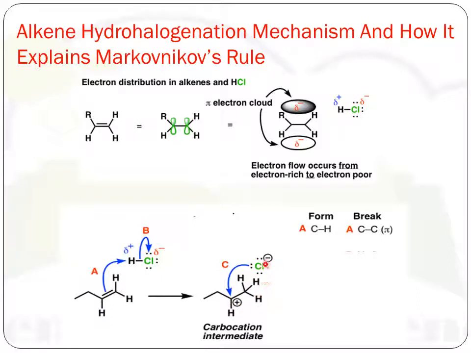Now, what happens in the next step? Here you can see the H-Cl bond breaks and a chloride ion is formed. The negative charge means it has electrons, hence it is electron rich. Again the same thing happens: the electron-rich species attacks the electron-poor species, the carbocation. In the next step the final product is formed. Here you can see Cl is attached to the carbon which carried only one hydrogen in the reactant, that is, the carbon carrying fewer hydrogens, and the positive part is bonded to the carbon carrying more hydrogens in the reactant. This product is formed as the major product.